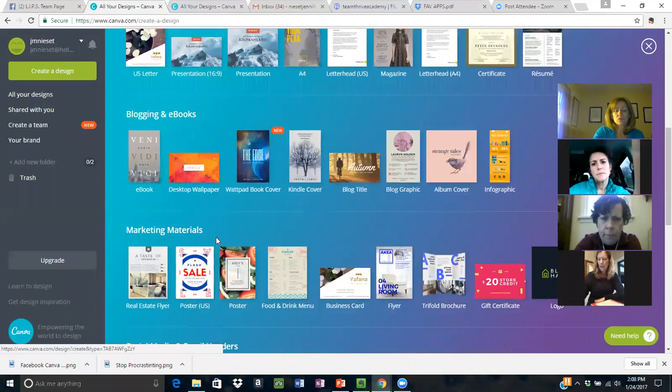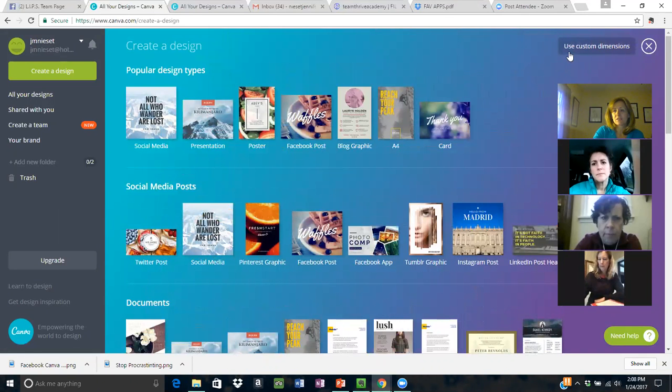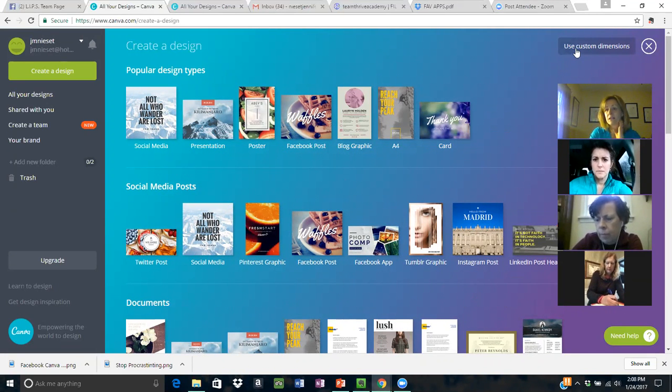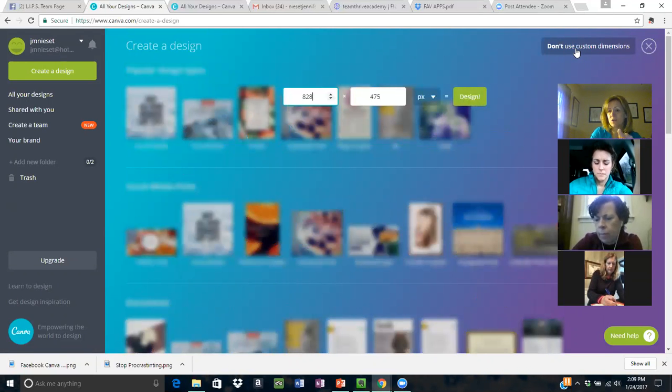But what you can do is, do you see up here how it says use custom dimensions? When I played around with this, I have a graduate group, it's a Fit for Life group, like a revolving door group. So if you wanted to create a banner for a Facebook group that you're running, none of these specific ones would necessarily work. If you click on use custom dimensions, then I just entered these numbers right here,